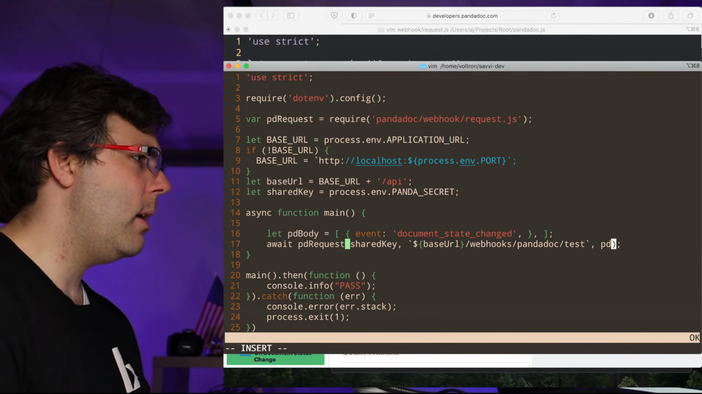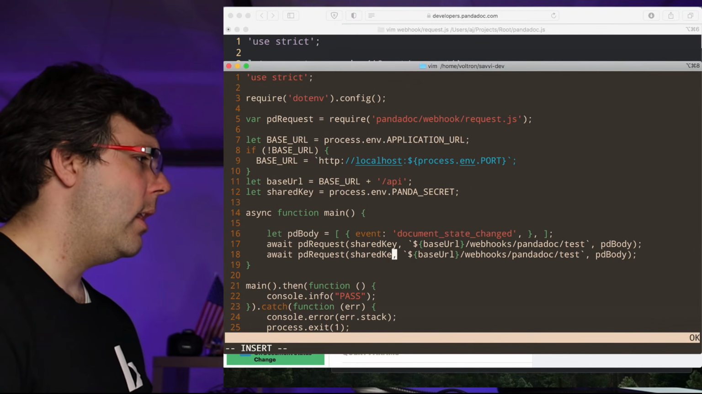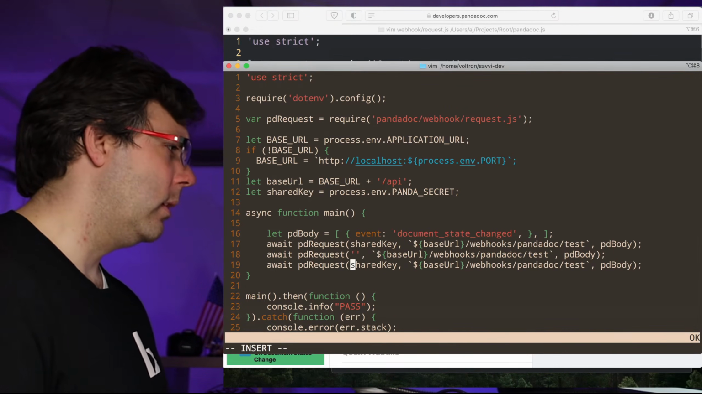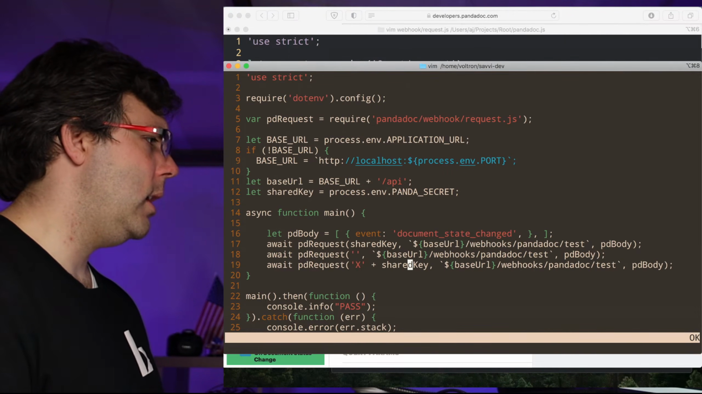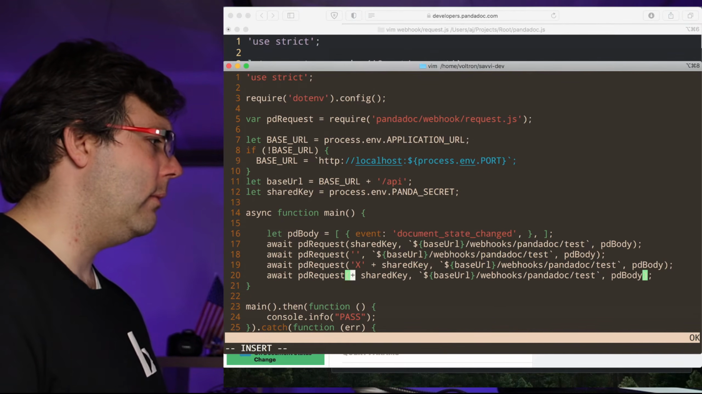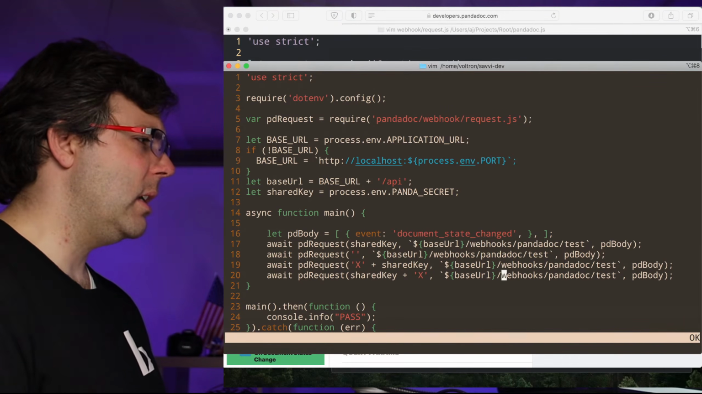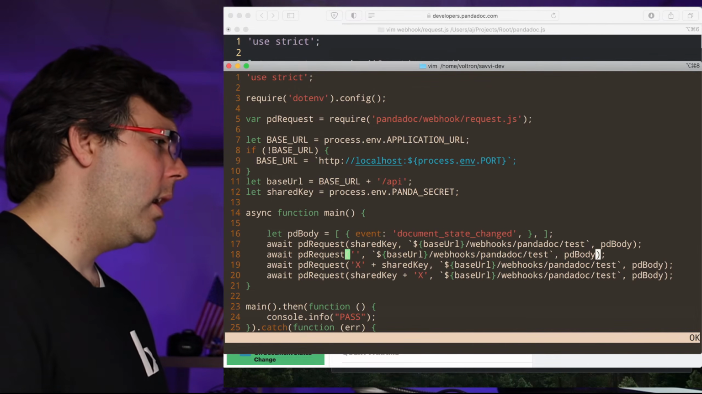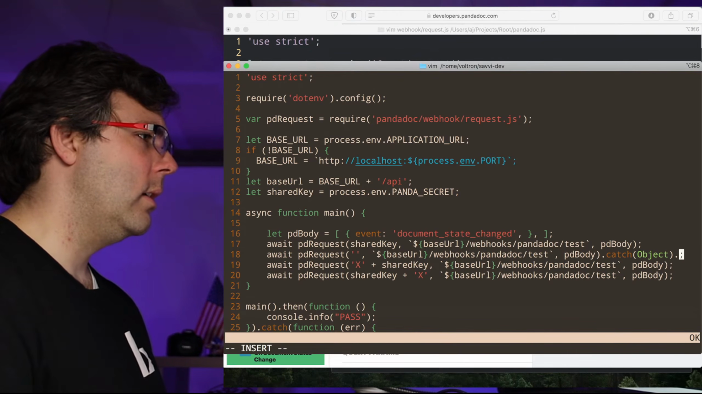And then we've got, what was this, PD body? So this one we want to have pass. This one we want to have fail. And then this one we want to have fail. So X plus shared key. And then we could go ahead and do it the other way. I mean, this really shouldn't matter, but just for the sake of funsies, you know, sometimes you find out things. All right, so what we should find is .catch object .then